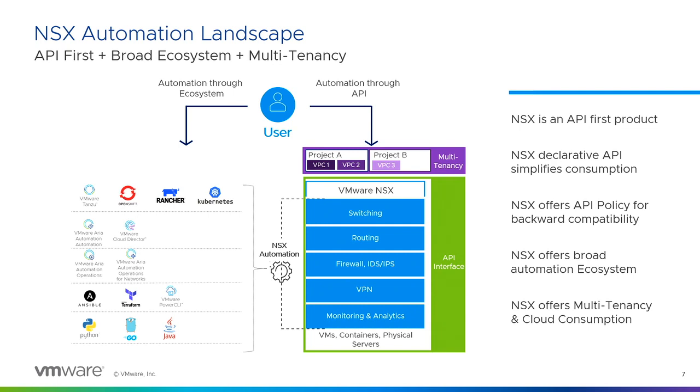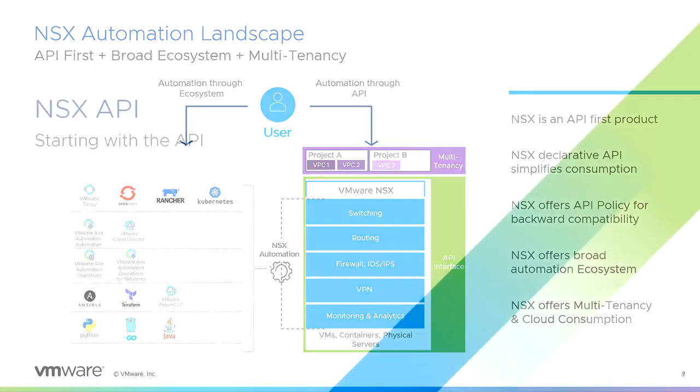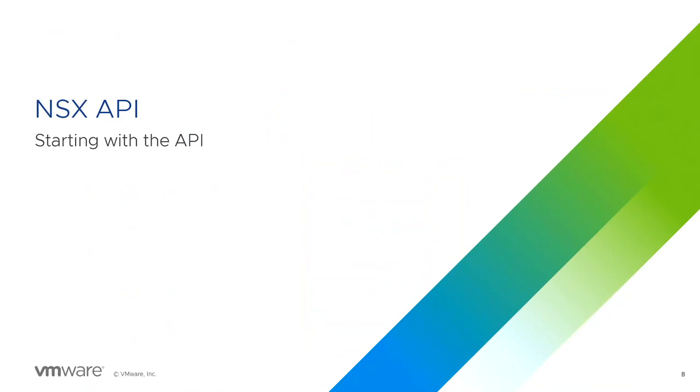It's a free API, it's available. And also, the last thing, the new thing which comes, is that in addition to an API, we now have a multi-tenancy framework to split the consumption of NSX with projects and VPCs, which allows users to go directly to the API and still have some strong multi-tenancy there. So we're going to touch a word on that. So starting with the API, as I said, starting from the ground and then going up,